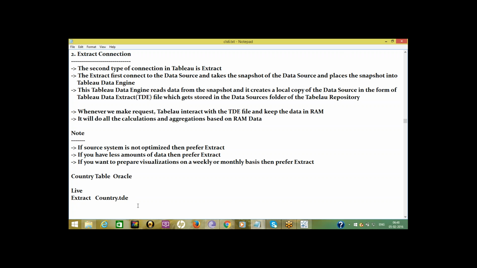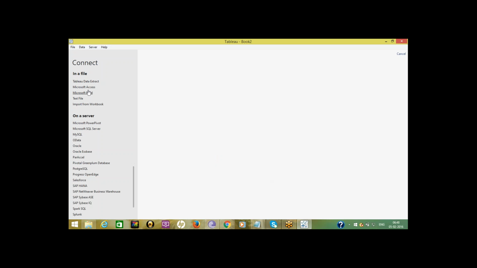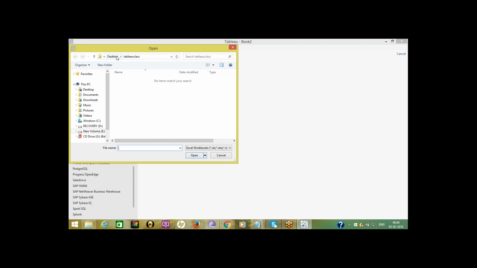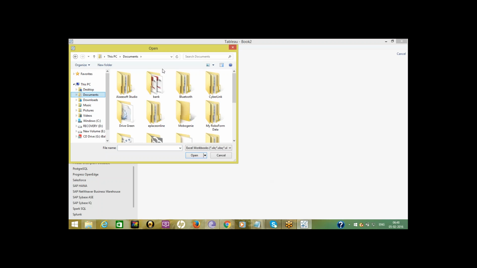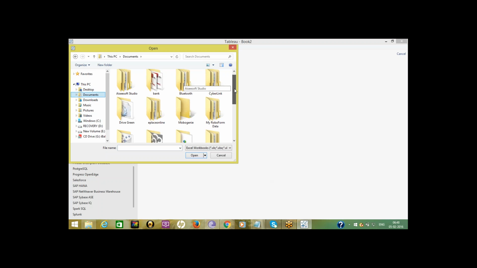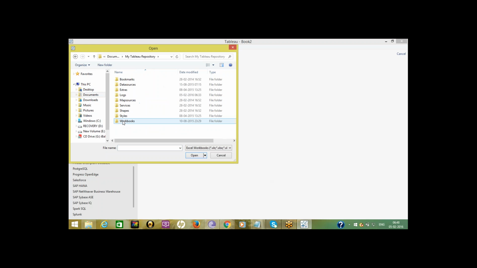To make use of Tableau in-memory benefits, we'll go for an extract connection. In Documents, there will be a Tableau repository.